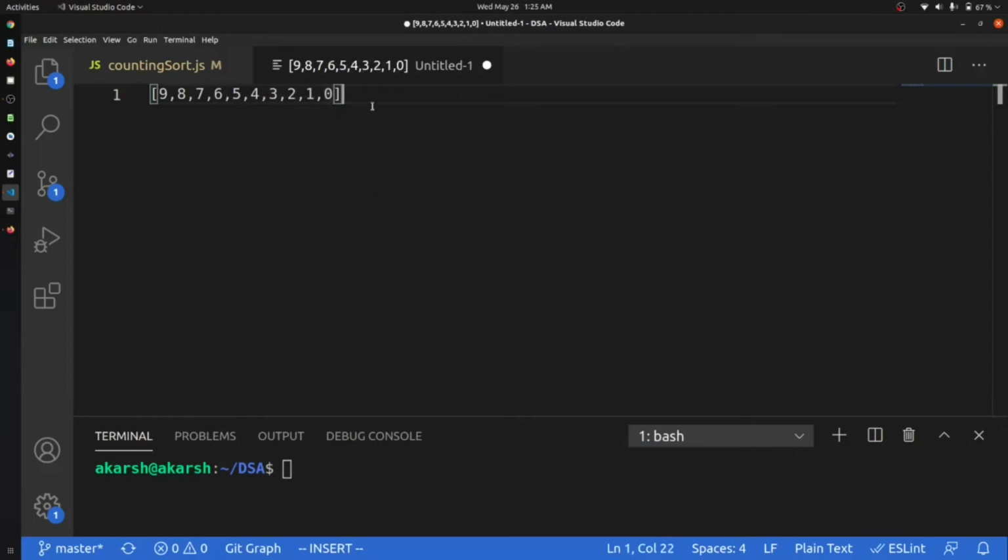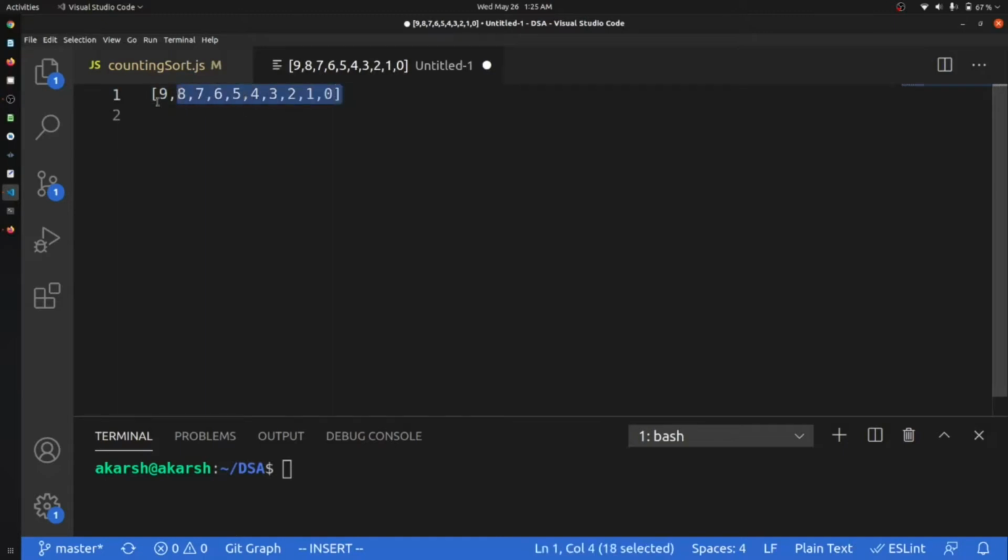The first thing that we will do in our array is that firstly we will find the maximum of all the elements.